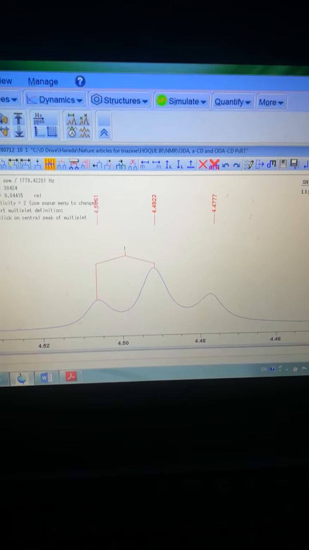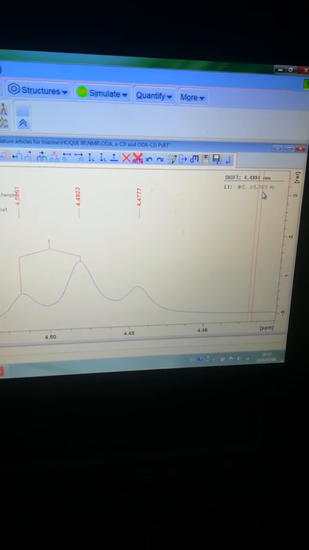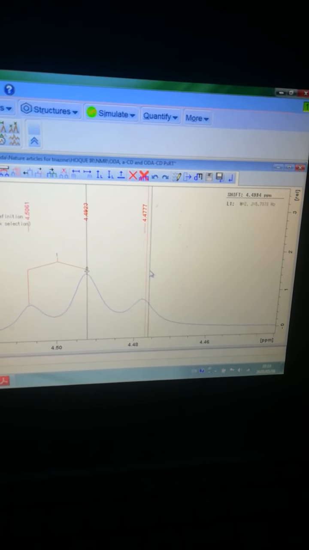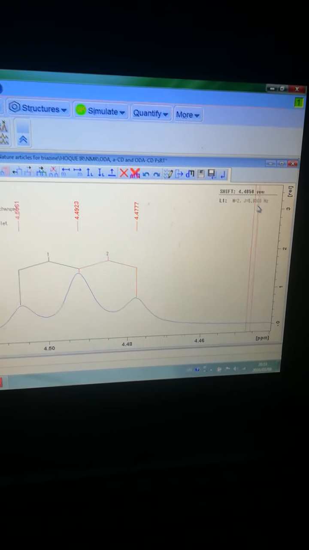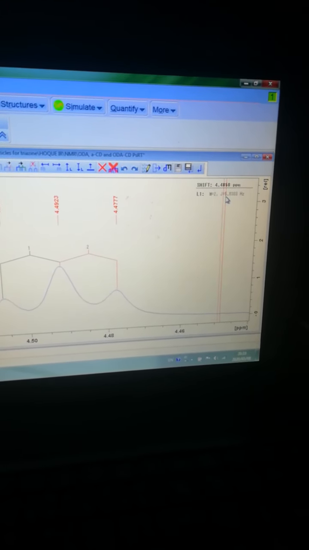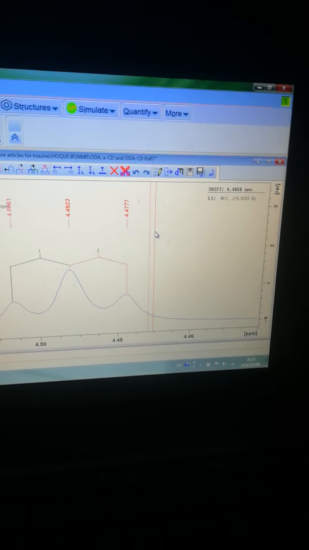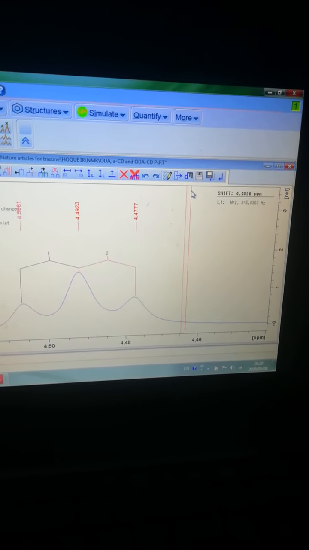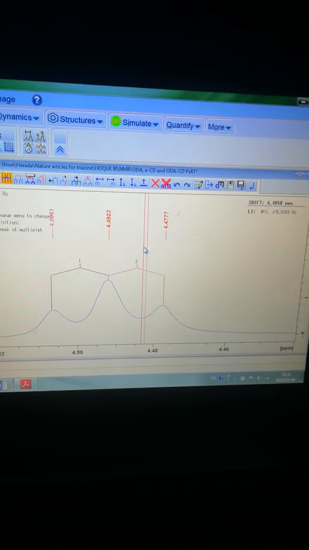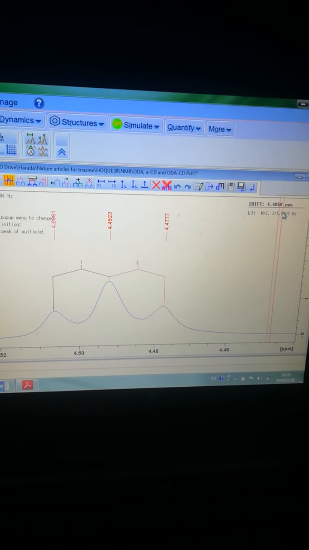For these two peaks you can get the multiplet 5.73. Again, point out the highest tip of the major middle peak, and also here. For this side, from highest peak to lowest peak, you can get the multiplet 5.83. By this way you can calculate the multiplets. After that you can note down the values and put them in your manuscript.